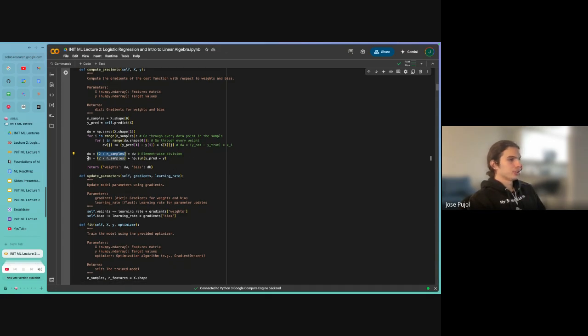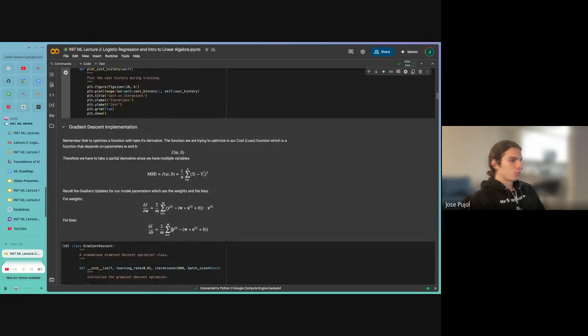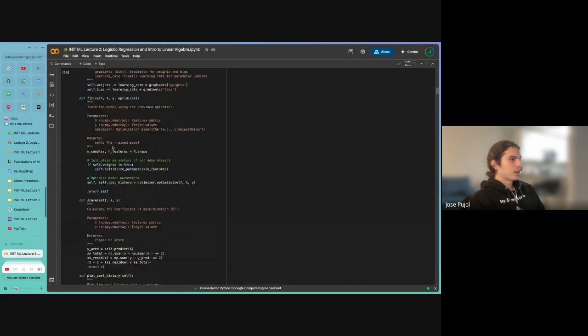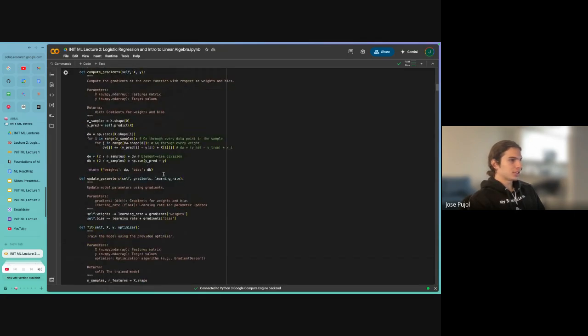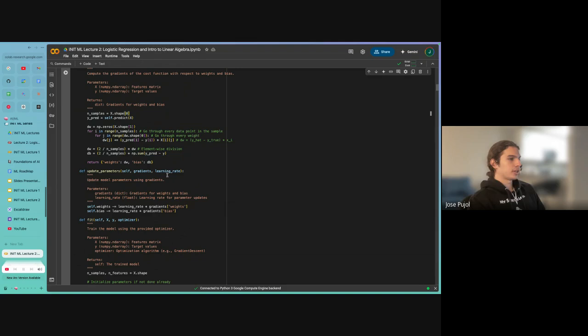And then we do the same thing for the bias, but the bias is a little bit simpler in this case, because we just have this term on the inside, and it's just a summation of the difference of our predictions. And then you multiply that by this 2m right here. This is essentially just how we implement our gradient calculations. You see, it's actually not that hard in the code.